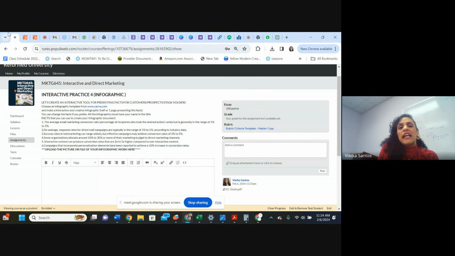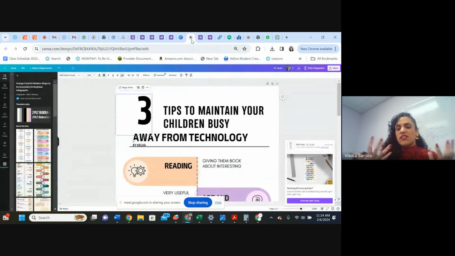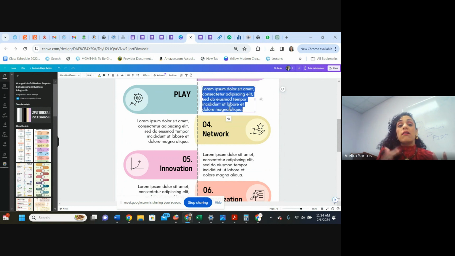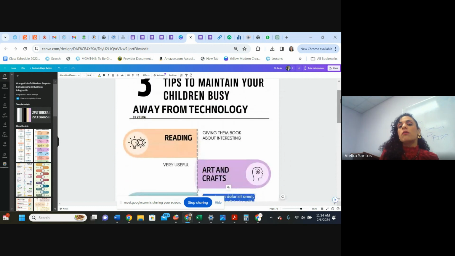It's intuitive at the end, because then you will change your preferences, like the text. I put already a craft. Oh, I made a mistake. I can go here and undo if I delete something I don't want to delete. Click on the text and I can say play, because I was talking about children in this one, right? So I'm not going to ask you to make the best infographic in life. I just want you to show me that you can modify the template and that you are able to use this interactive tool with your community. This is okay, right.